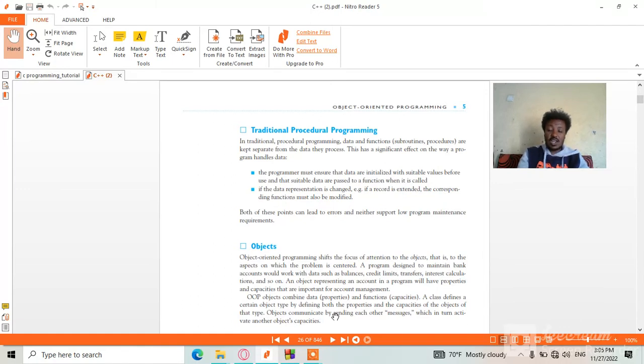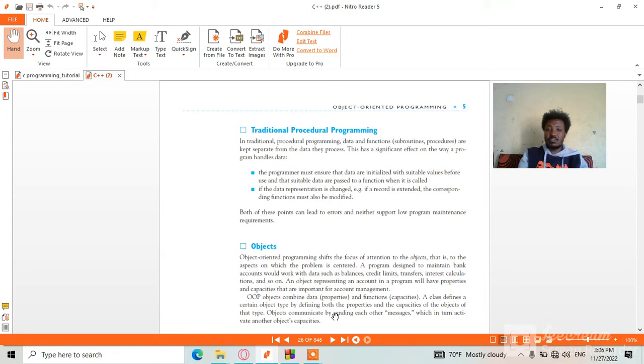How is it initialized? The data is initialized with suitable values before use, or before that suitable data are passed to the function when it is called. Before the data is called, or when we enter code, the data must be initialized. This is the first criterion. This significant effect is on how the program